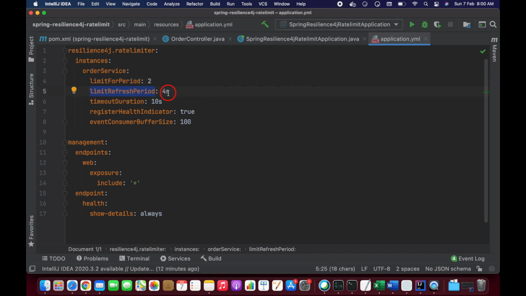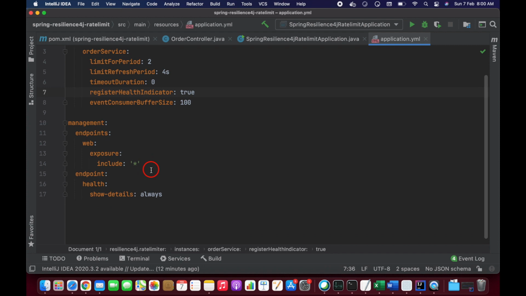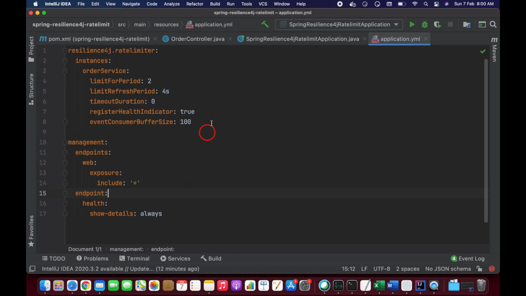Okay, so within these 4 seconds it's going to allow only 2 calls through that wrapper. Okay, and for the time being I'm going to take this timeout duration as 0. Okay, and this register health indicator is true and event consumer buffer size is 100. Okay, so this is for the health indicator, and we have some management endpoints to see the actuator endpoints. Okay, and that's it guys.